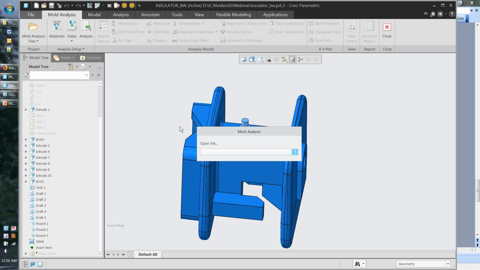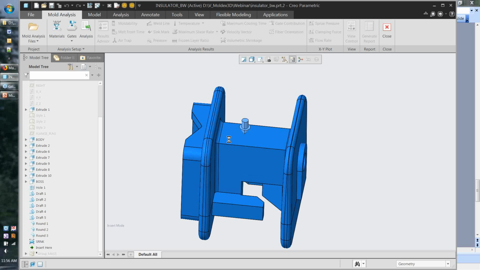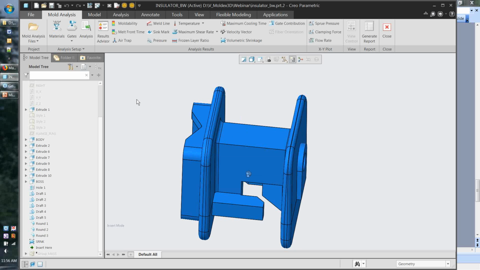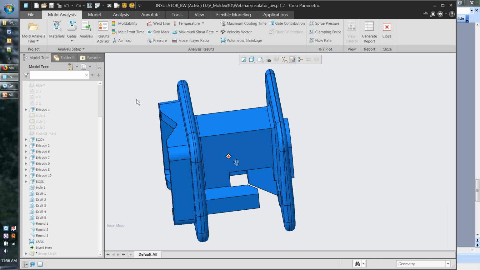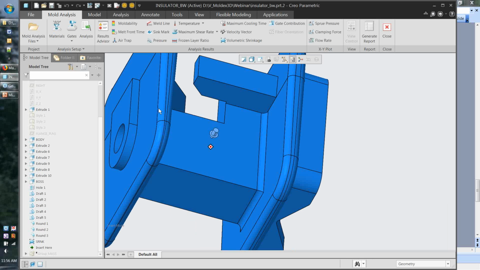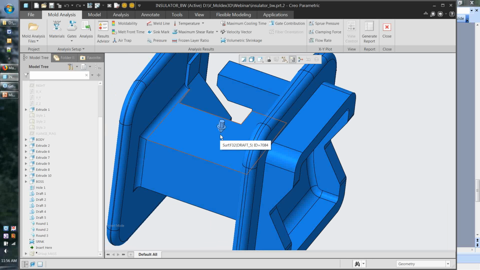So the mold analysis files are fairly large, so it can take a little bit of time for the processing to complete and for all of the analysis information to be loaded to the part file. So here we go. It's completed the process of loading my saved analysis now. If we were to rotate and zoom in the part, you can see this is the location here in the